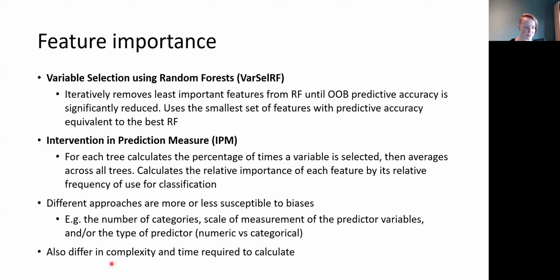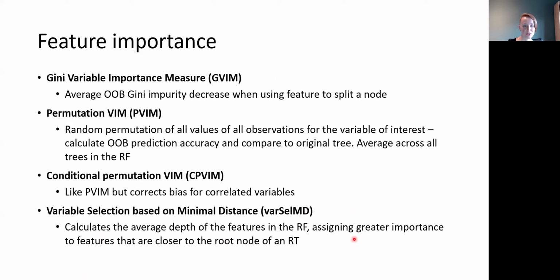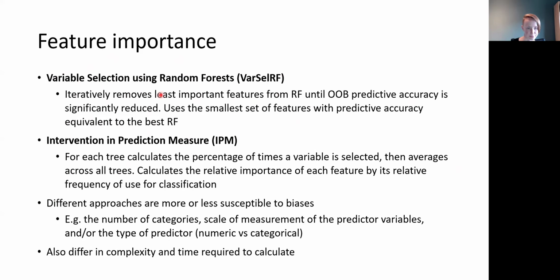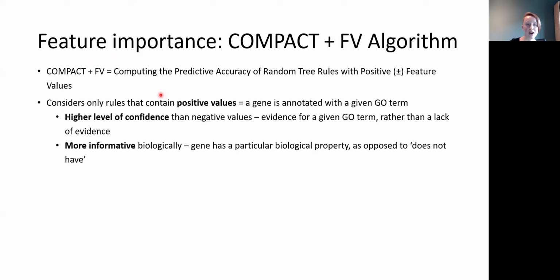They also, however, differ in the complexity and time required to calculate. So this simplest one here, the Gini variable importance measure, has often been used but is prone to some biases. The permutation VIM is probably considered a bit better, but because you're doing these random permutations, it can take a bit longer to calculate and is maybe a bit more intensive. So if you're not really struggling with biases, you might want to go for a simpler approach. I mentioned these,